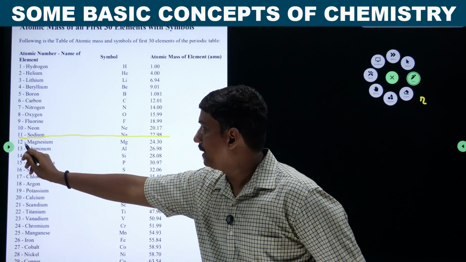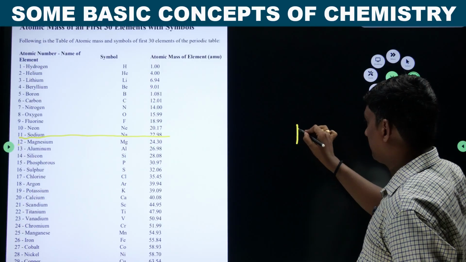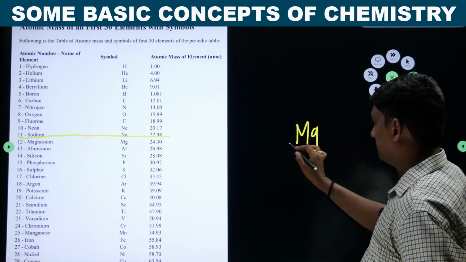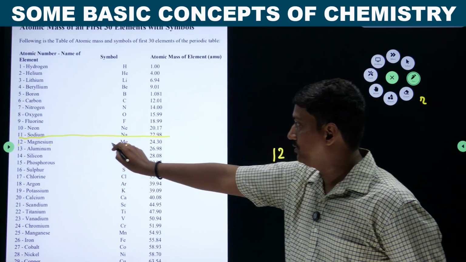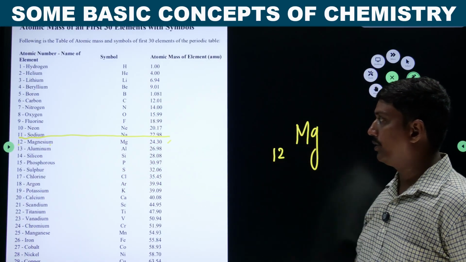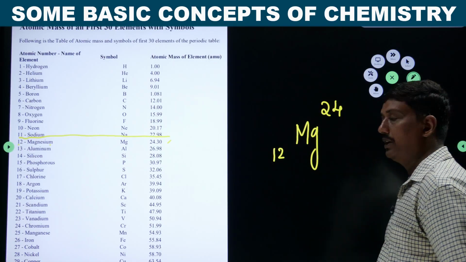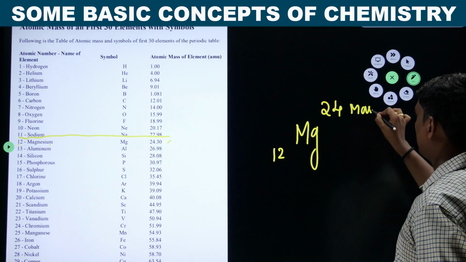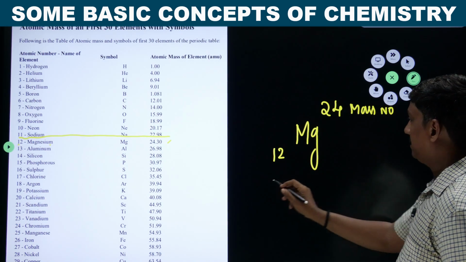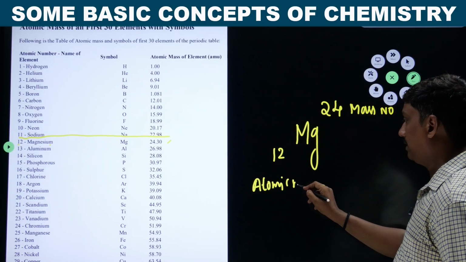Look here, magnesium. What is the atomic number? 12. So what is the symbol for magnesium? Mg, 12. Corresponding to magnesium here, it is 24.30. I am writing 24. So this is mass number, this is atomic